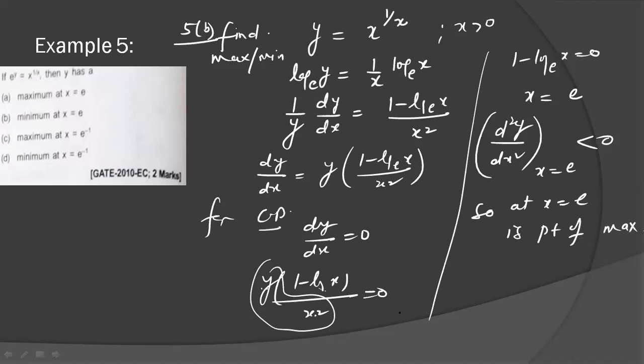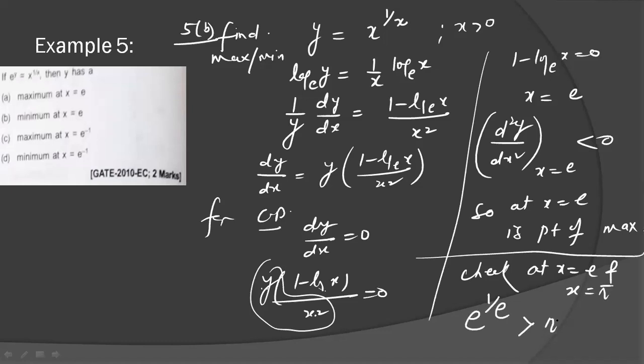We have a very good result using this problem. It means if we check at 2 points, x equal to e and x equal to pi, e to the power 1 upon e is greater than pi to the power 1 upon pi. If we put x equal to e here, e to the power 1 upon e. If we put x equal to pi, pi to the power 1 upon pi. Why? Because e is the point of maxima here. So this value will be the greater.